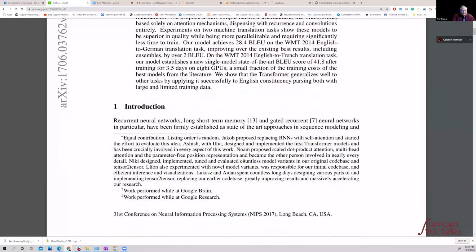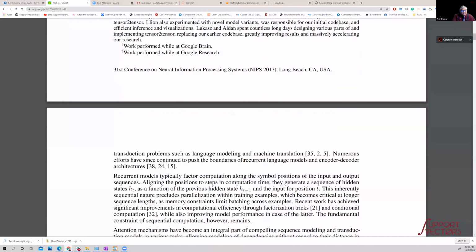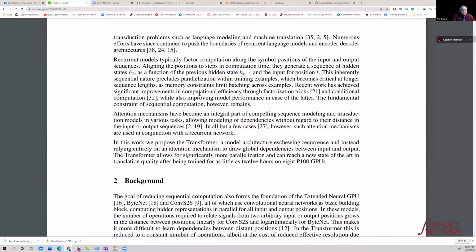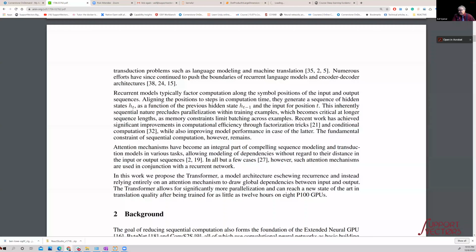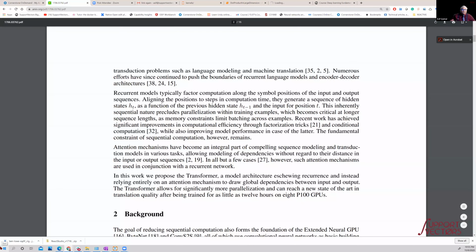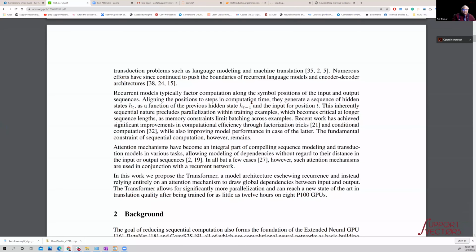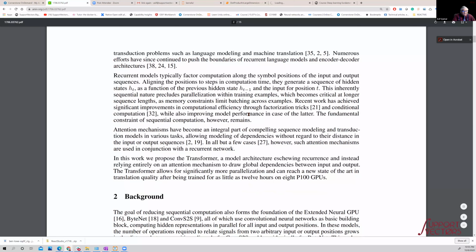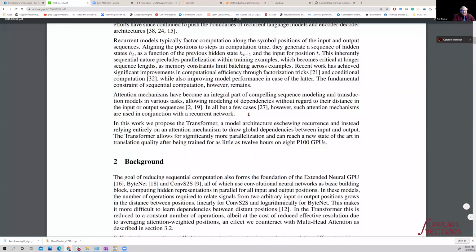Now let's go read this paper, see if it makes sense to you. Remember, I talked about the hidden state. The recurrent models typically factor computation along the symbol positions. Do you see this? The hidden state and the input at position t, this inherently sequential nature precludes parallelization. We talked about the limitations. You can't do parallelization, right? So now, the background of their work, they're trying to do